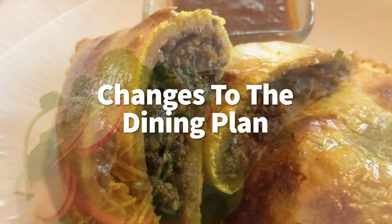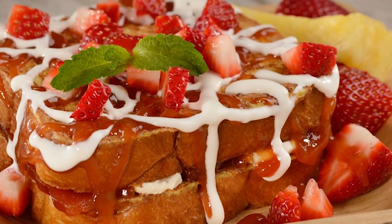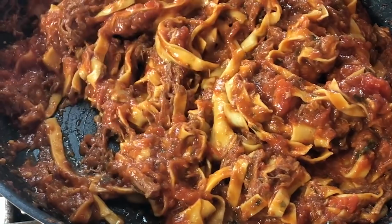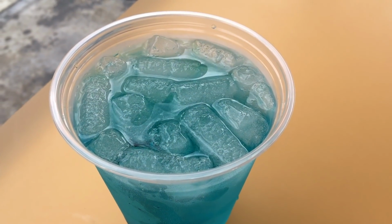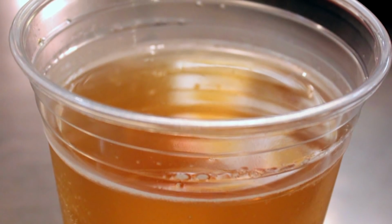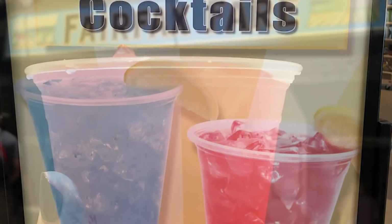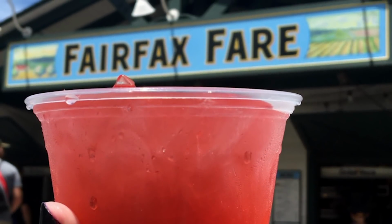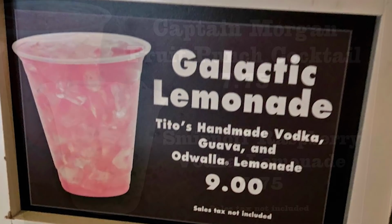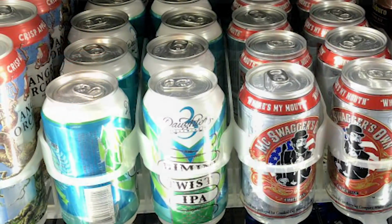All right, we saw some changes to the dining plan. Now, this is one place where I feel like we didn't have a huge price hike, believe it or not. This took place in January of 2018, and they started to include alcohol in the dining plan. Now, if you get the standard dining plan, you get one alcoholic or non-alcoholic beverage with your table service meal and one alcoholic or non-alcoholic beverage with your counter service meals. So that's a great benefit because the price of the dining plan didn't really go up that much this year. So we'll wait and see what happens in 2019, but that's kind of a benefit for people, especially those who